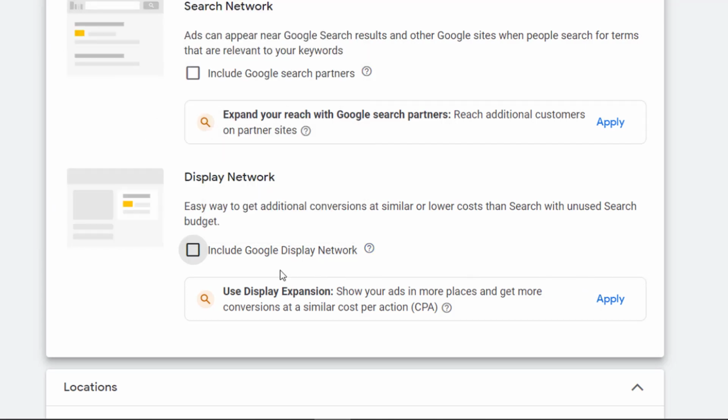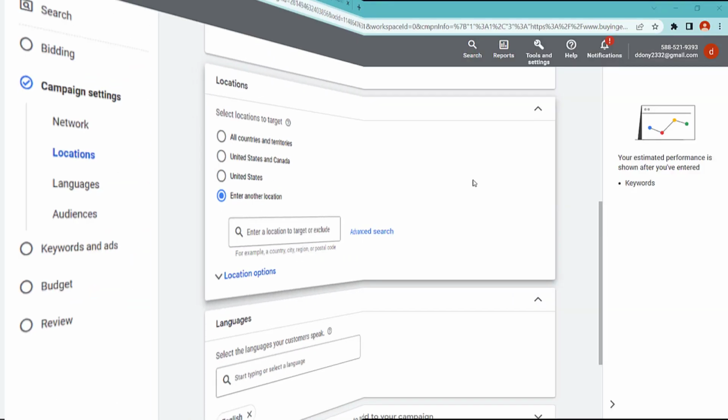I would disable this because it can waste your money. Again, if you want a display campaign, go ahead and make one of those, but make it separate, don't include it in the actual search campaign.